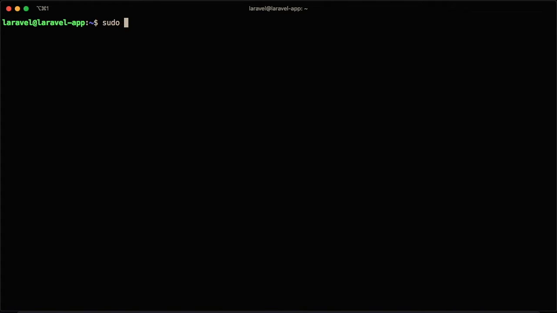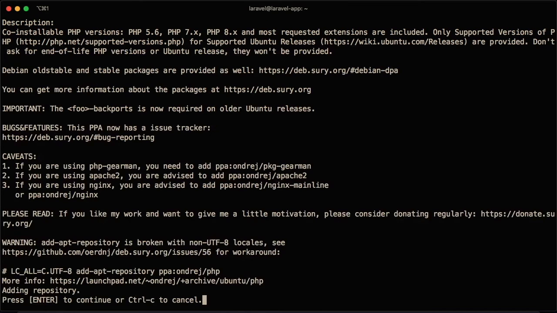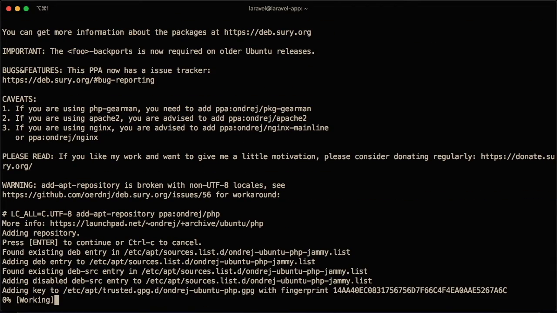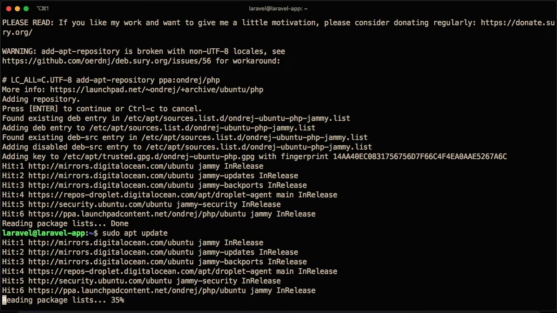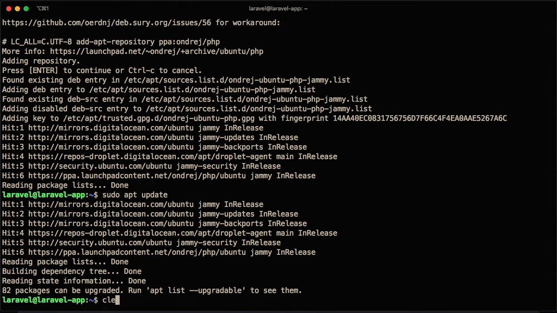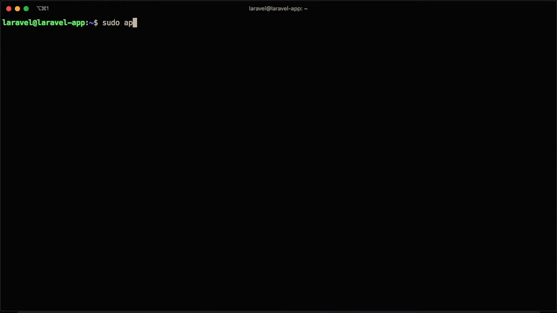First, let's add the PHP repository to our server. Press enter to continue. After that, let's update the dependencies of our server. Last, let's install PHP,